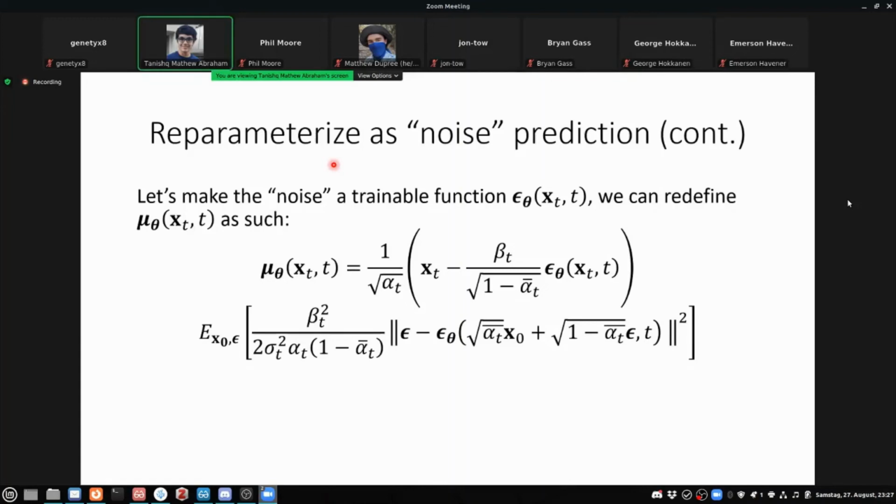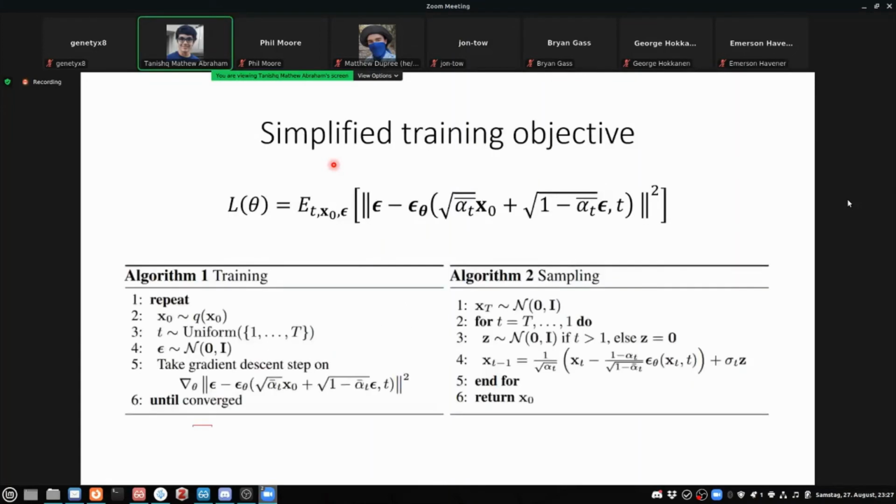I guess the weighting term affects a lot of the visual quality, which is actually interesting because L simple is not the best for log likelihood. Optimizing for log likelihood and optimizing for FID and visual quality require two separate things, which is kind of a problem, but that's how it is. That's what the improved DDPM paper was talking about, right? They were trying to improve the log likelihood instead. Variational diffusion models went into it a lot, and that's mostly where I remember that discussion from.